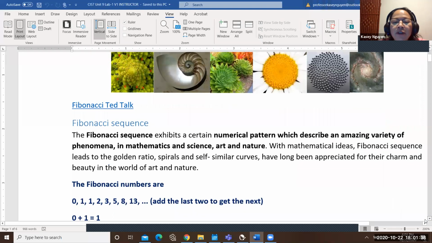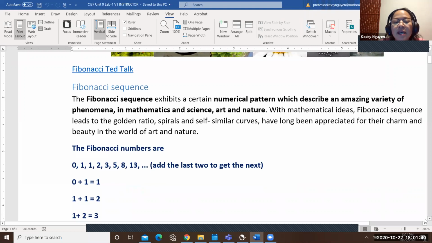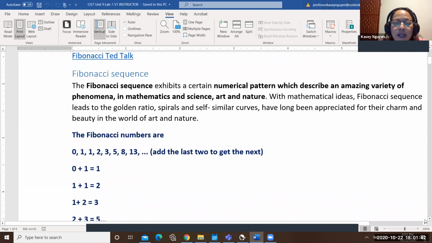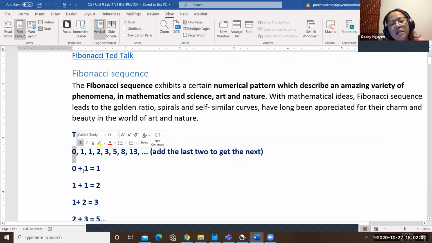would include recursion, because the way we achieve the Fibonacci numbers is that we start by seeding at either 0 or 1. And then you simply take the previous two values and add them to equal the next value. So I would seed this sequence at 0, and the next value is 1.